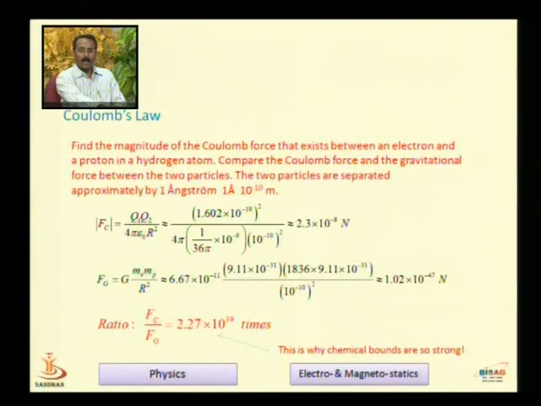So here we have seen two fundamental forces. One is electric force, and another one is gravitational force. There are two other fundamental forces. One is nuclear force, that is also called short range force, and another one is weak interacting force. But we won't be discussing these two forces here.